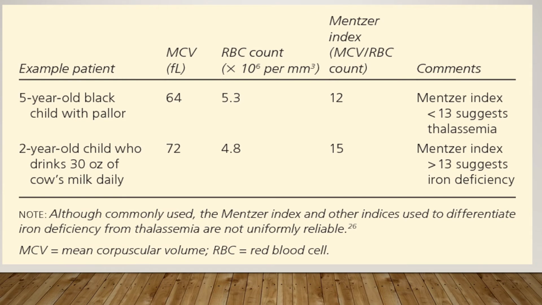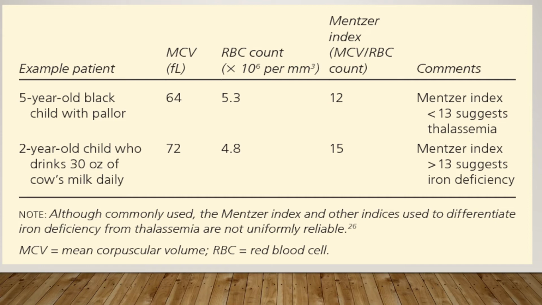This is an example of how to calculate Mentzer index. For example, if a 5-year-old black child presents with pallor and an MCV of 64 and the RBC count is 5.3 times 10 to the power of 6, we divide 64 by 5.3 and it becomes 12, and this is less than 13,